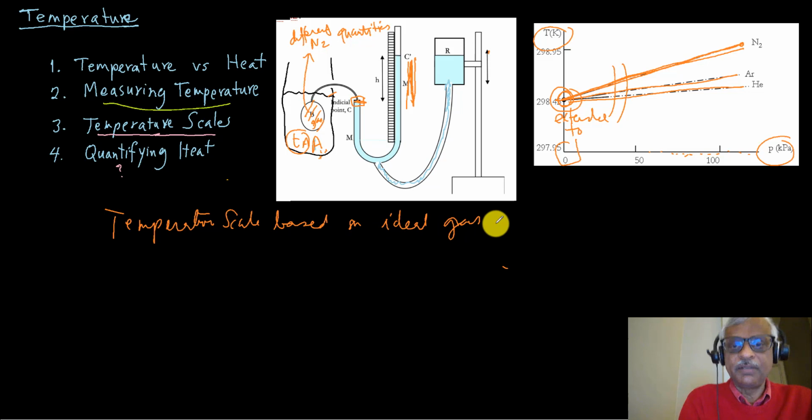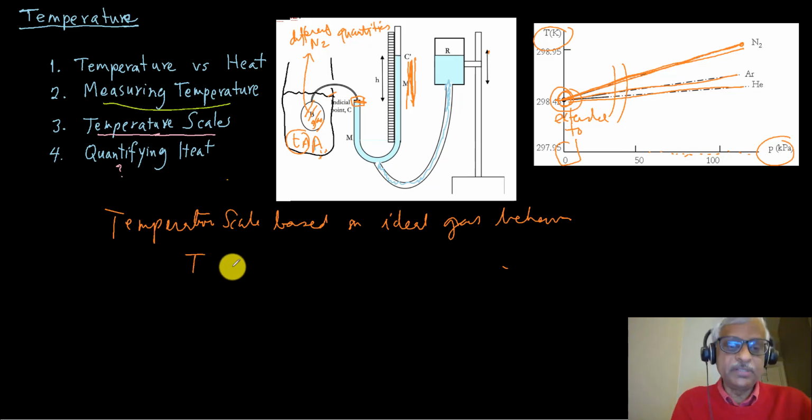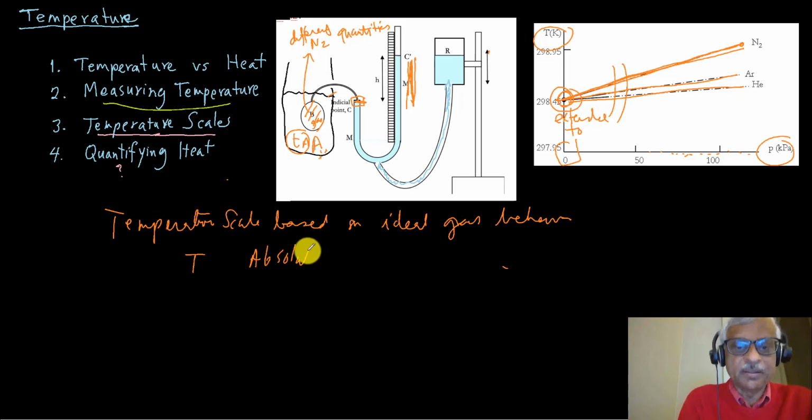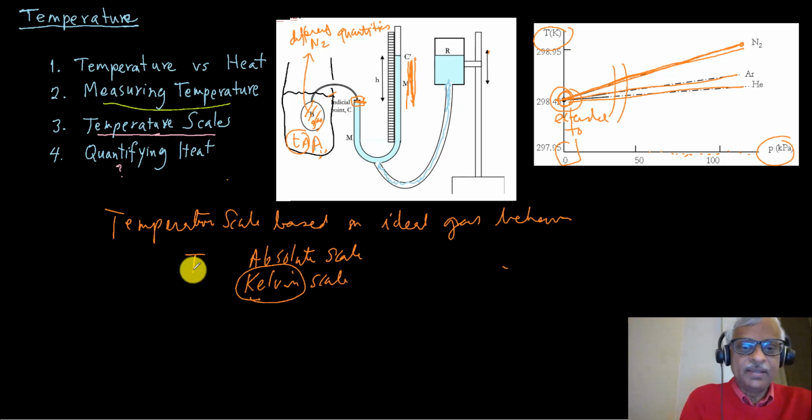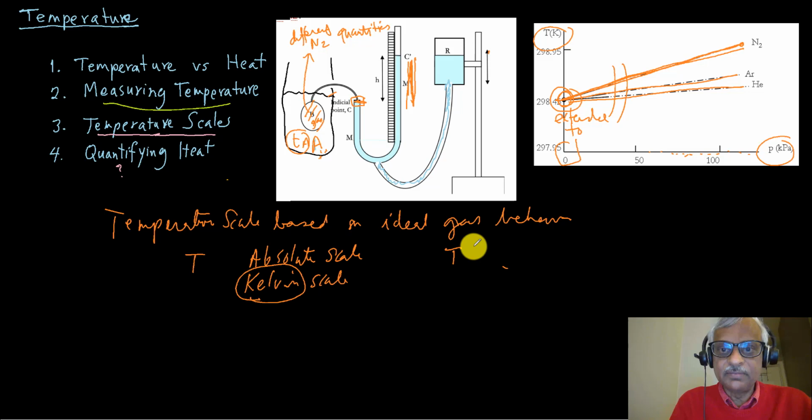Ideal gas behavior, and that's called, we usually write it as capital T, and it's called the absolute scale, also called the Kelvin scale, and this is more common in physics. And its relation to other scales is like